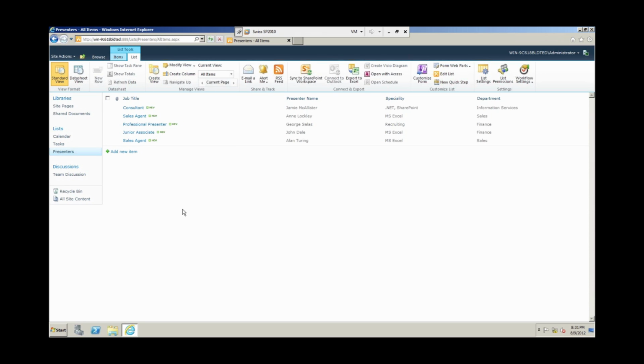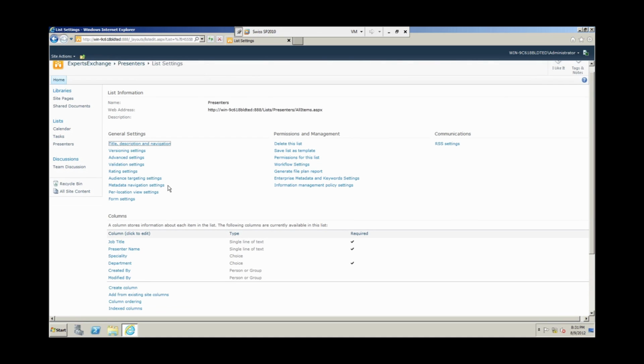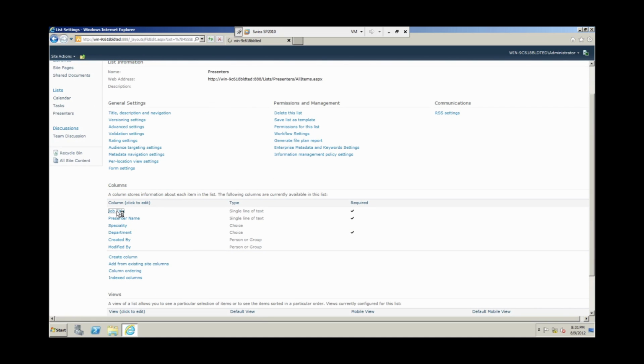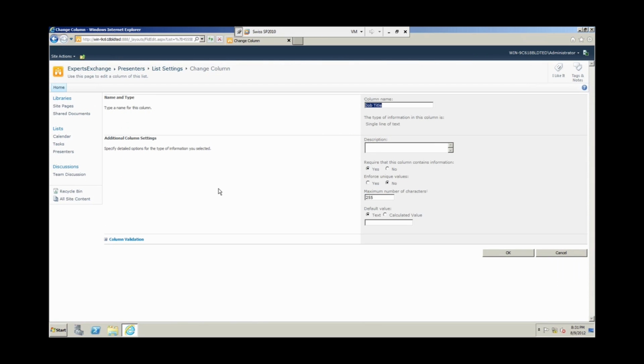Next, let's look at validation. I would like to introduce some rules to make sure the information people put into my presenters list is suitable for my purposes. So I'm going to go into list settings for this one because I'm going to go into one of the columns. The column I'm going to introduce validation on is the job title column. One area of this page which we didn't look at before when we changed the column name to job title was this one, column validation. If I drop column validation down,